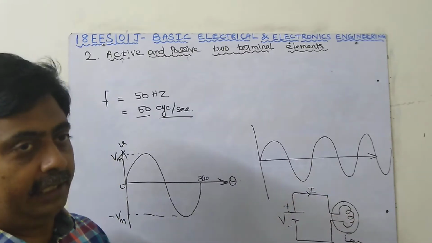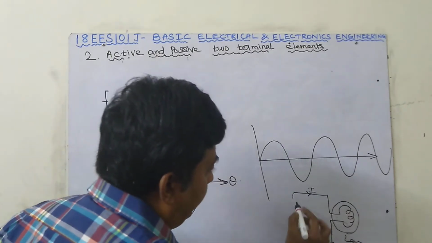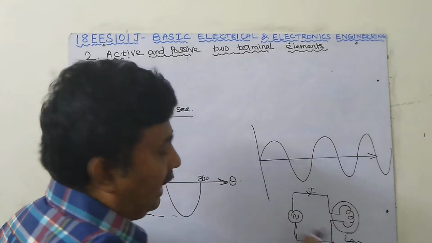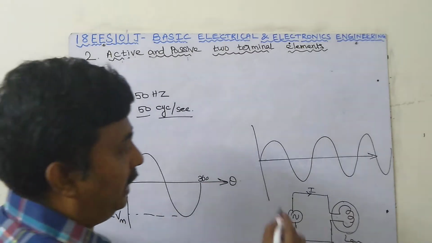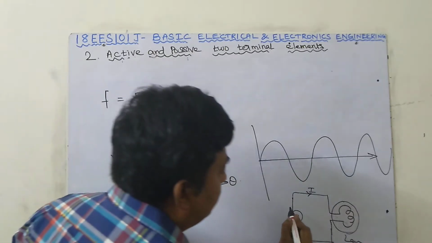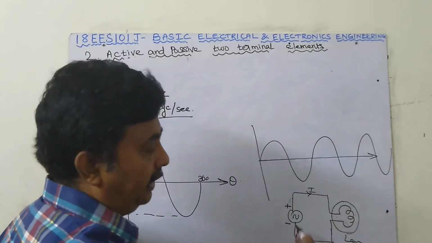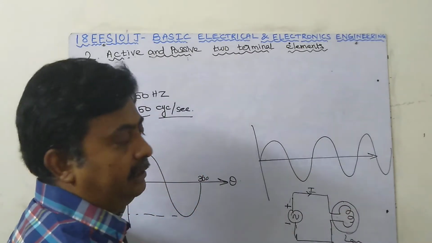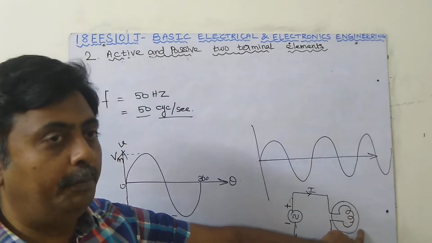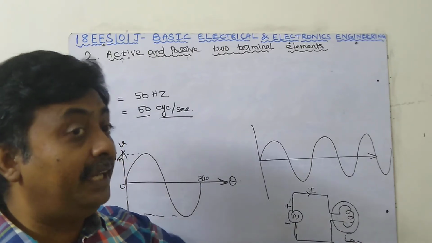The current will flow in one direction. But if I go for an AC supply instead of a DC supply, here there is plus minus. Actually there is no plus minus, but to mention which half cycle will start first, positive or negative, they put plus minus like this. During the positive half cycle the current will flow in this direction, and during the negative half cycle the current will flow in the other direction. It is not unidirectional, it is bidirectional. The current will flow through the load. Load means what consumes energy, that is the passive element.